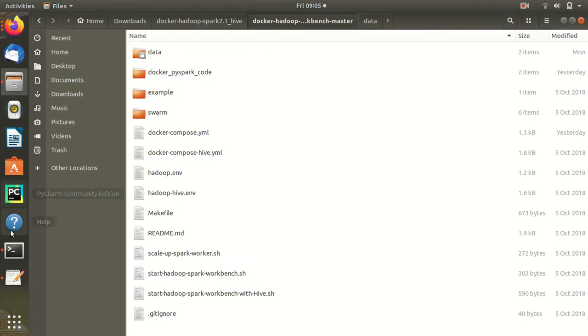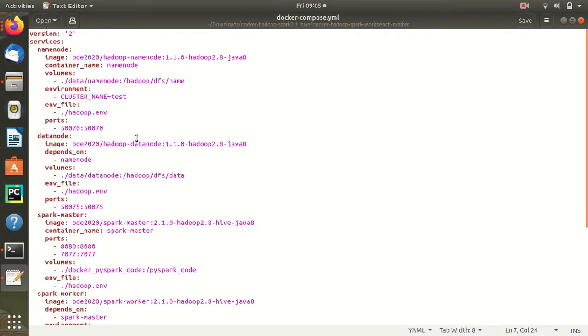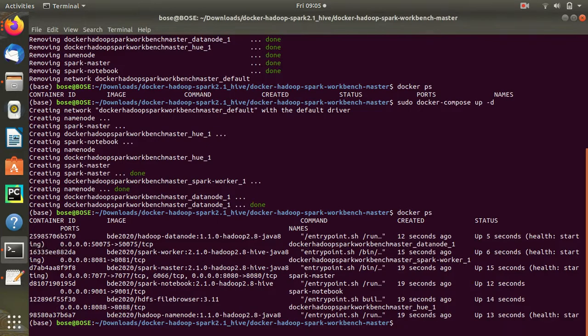Once that folder has been created, I have also mentioned this volume thing here, but because it's a configuration, you have to take down the whole thing with the down command, as I was telling, make the changes, and then restart the whole Docker containers. Otherwise the changes will not reflect.